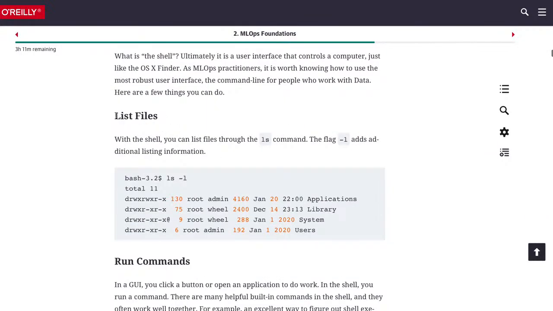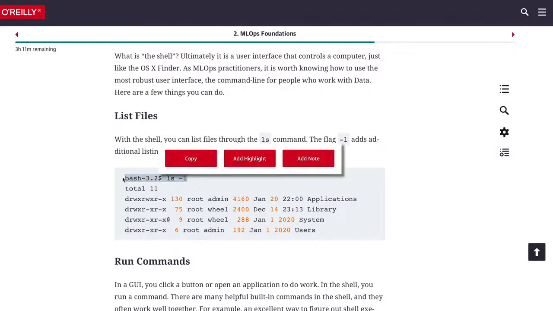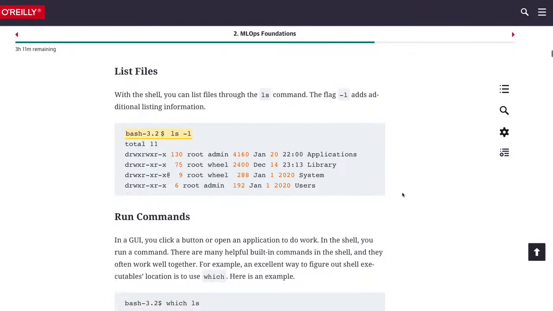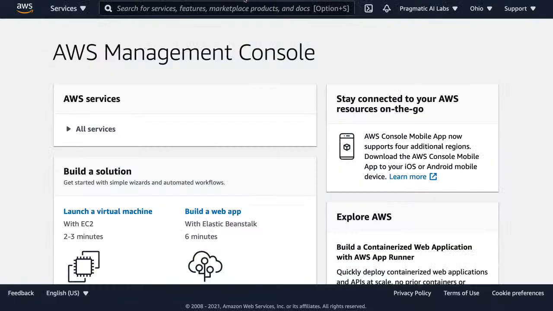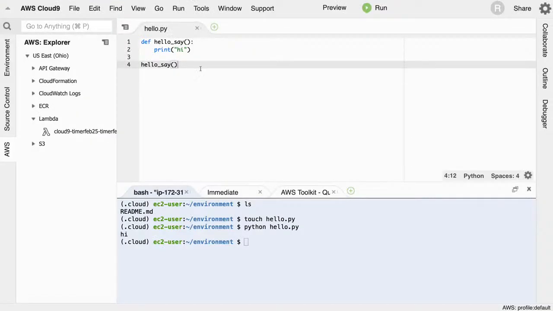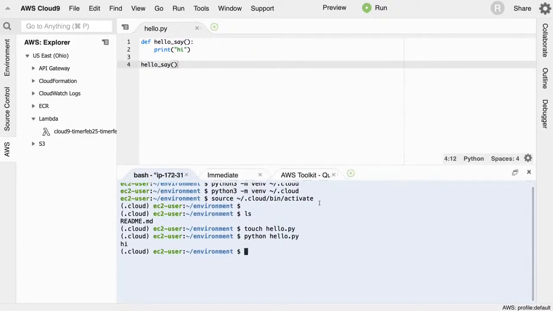I think we covered this a little bit, but in bash as well, you can list files by using the ls -l command. If you want to run commands, a really good place to figure out what's happening, and I think I did this several times, is to use which. And what which does is it tells you where that's located on your operating system. And in particular, this is helpful for these kind of environments because you want to verify which